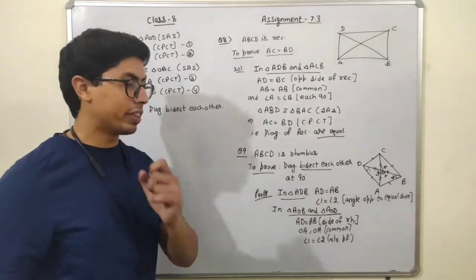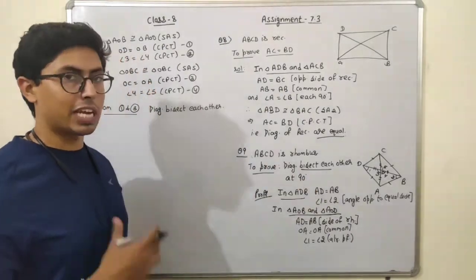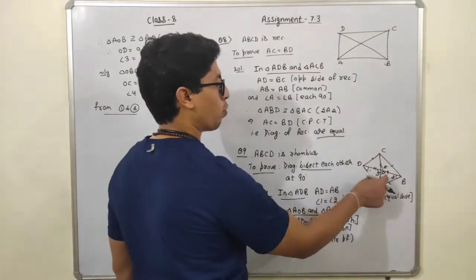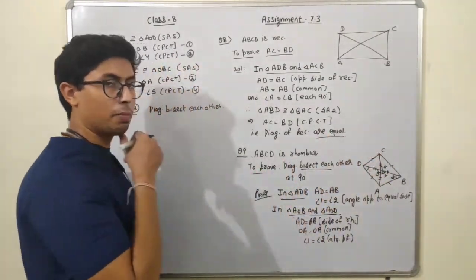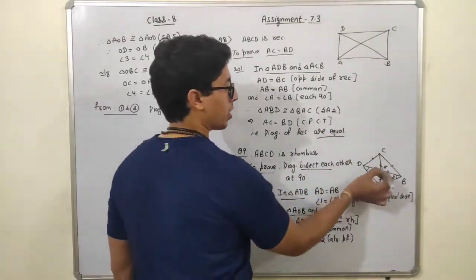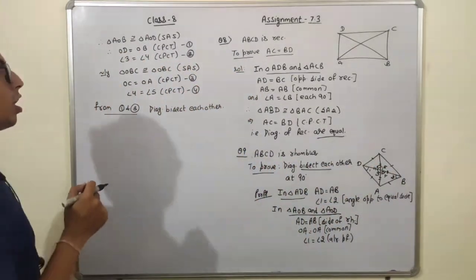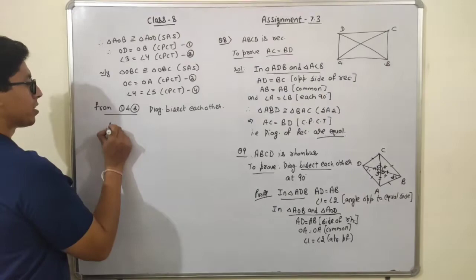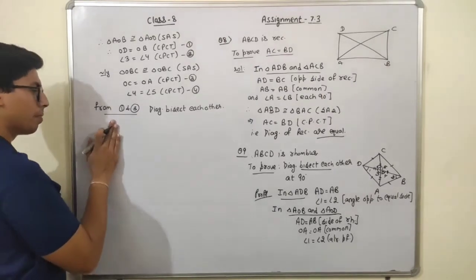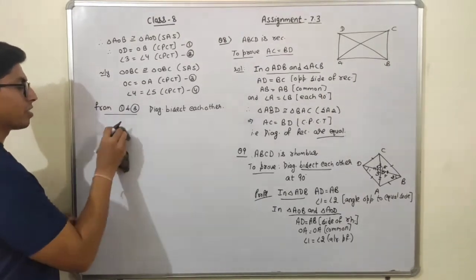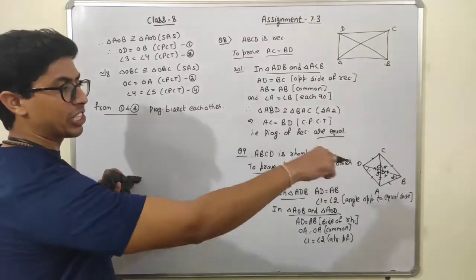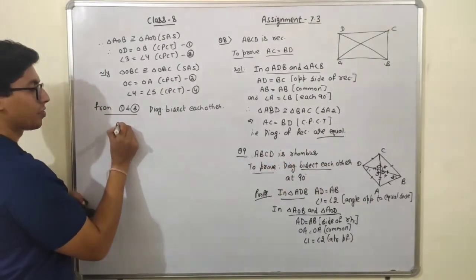I have to prove one more thing, that the angles are 90 degrees. That means I have to prove that angle 4 and 3 and 5, and similarly the sixth angle, if I note it, that these angles are 90 degrees. See students, before writing equation second, BD is a straight line.